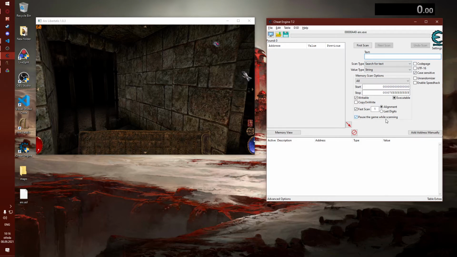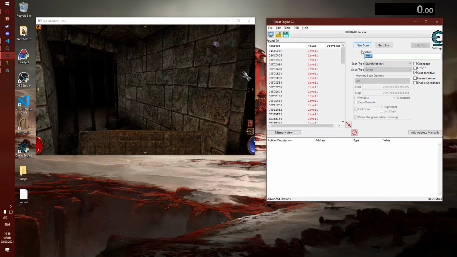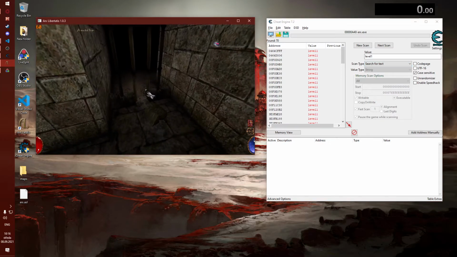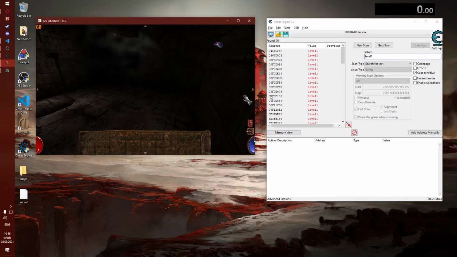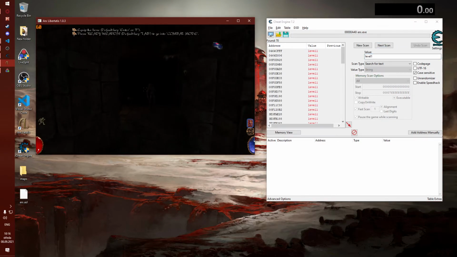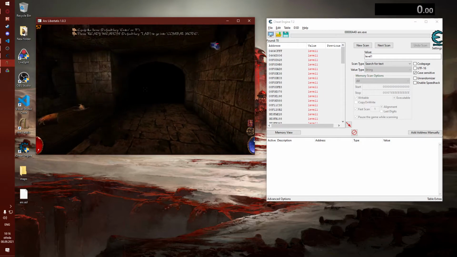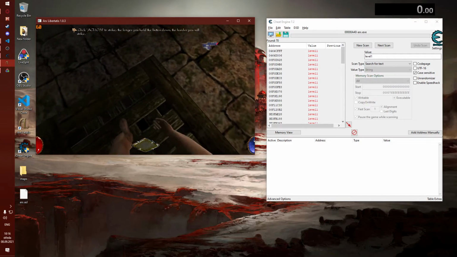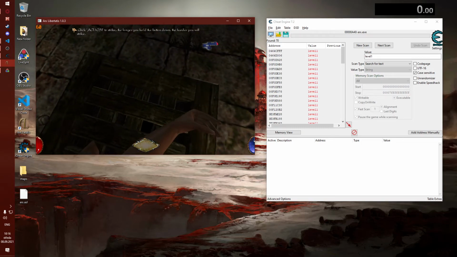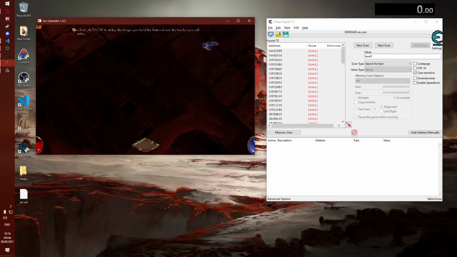Again, I have to pause the game while scanning, and I will scan for level 1. Unfortunately, with strings you cannot look for changes, so I have to manually do normal scans. Luckily it only found 70 values, and that makes it a bit easier. I'll break this, and once